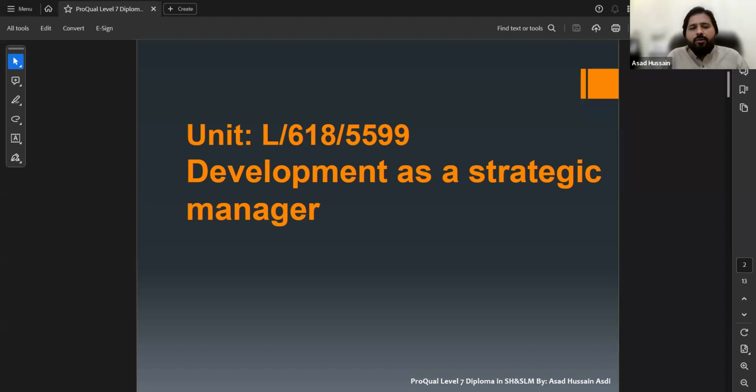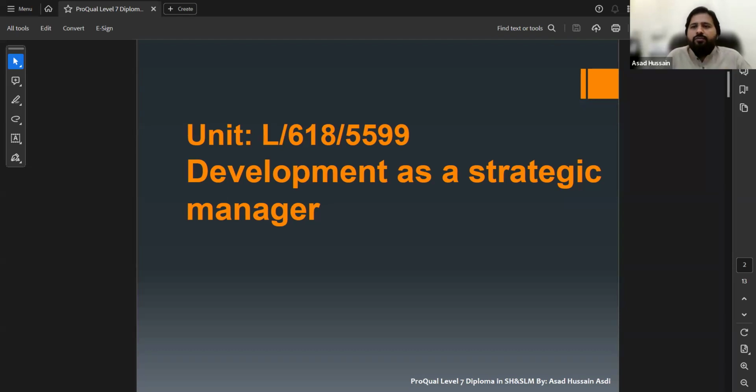Okay, so in this unit, basically, it is all about an individual who is working in an organization, and the purpose of this unit is to improve his skills, his knowledge, his techniques as a strategic manager.